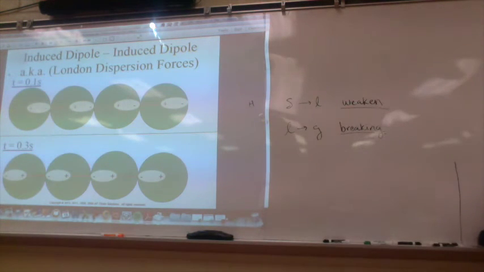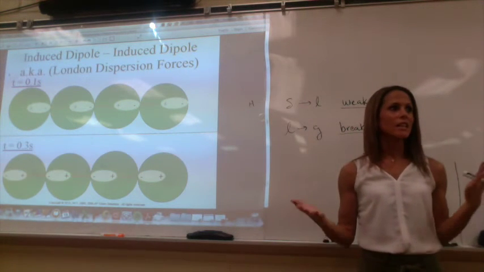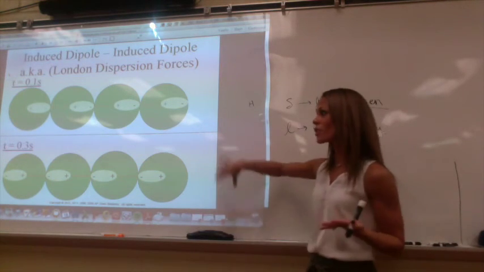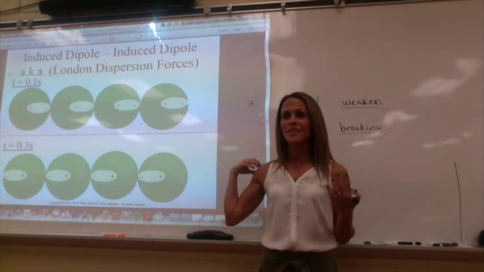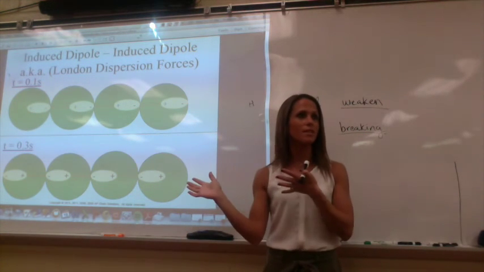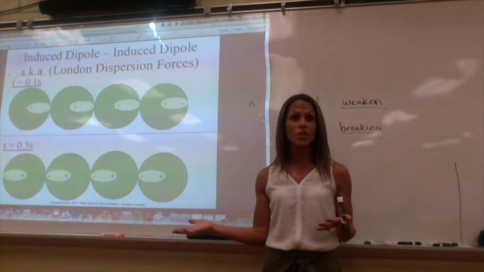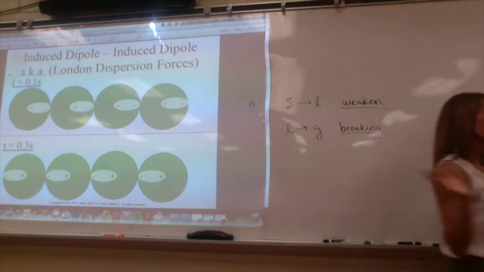And all molecules have this because, well, how do they all have London dispersion? How do they all create this instantaneous moment? Because they all have what? Electrons. And electrons are the things that are whooshing from side to side. So every single atom, molecule, ion has this occurring because they all have electrons, and electrons move. So we have whooshing from one side to the other side.